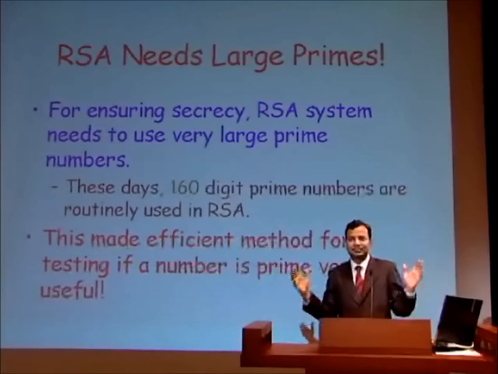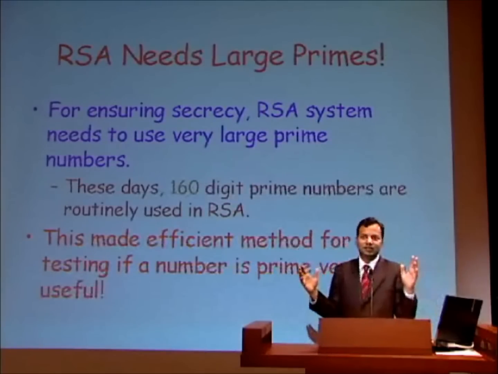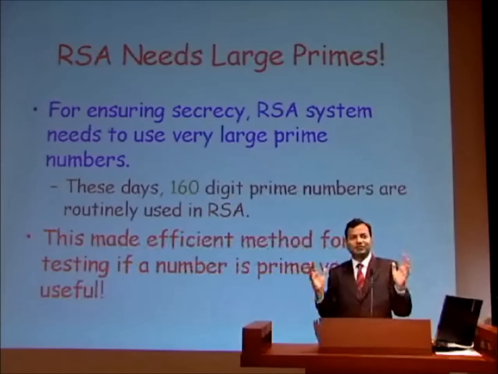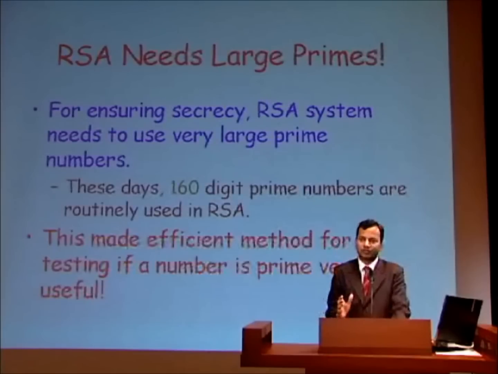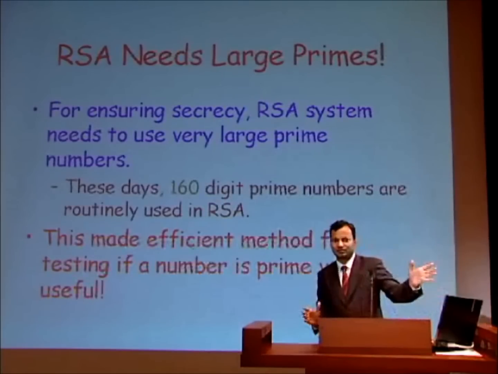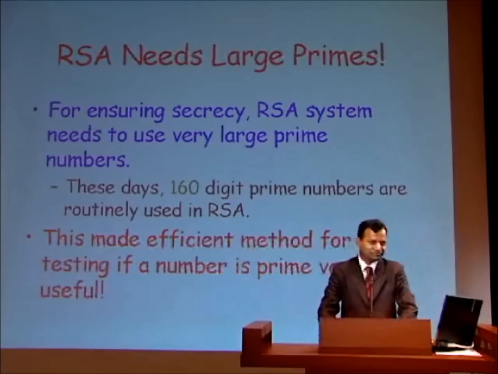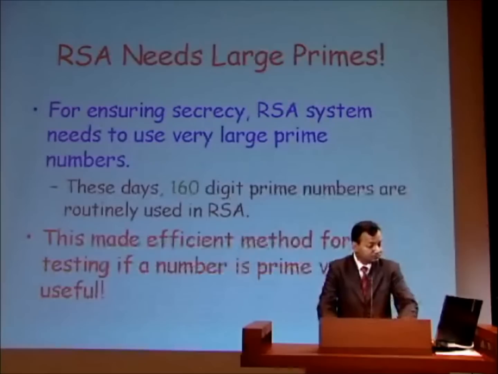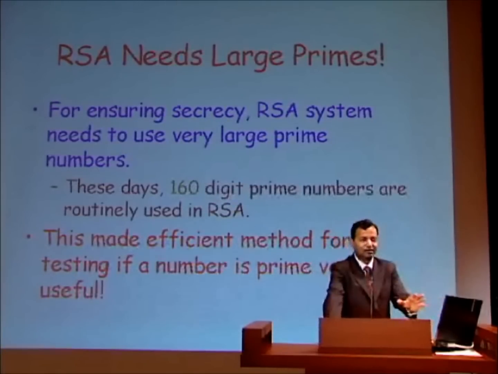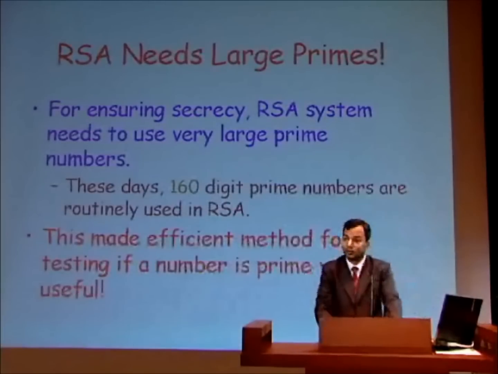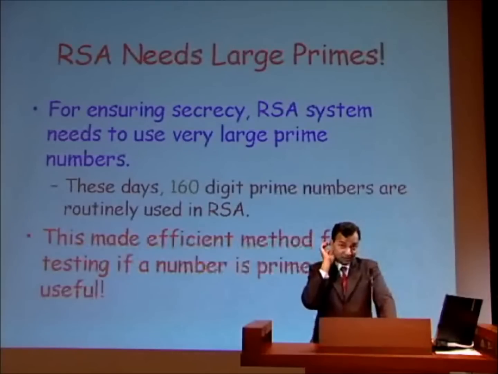Now, for a 160-digit number, which is of the order of 10 raised to 160, to test if it is prime, we need to know a really fast method, otherwise it will take forever. If we run the sieve of Eratosthenes, for example, over here, then it will take forever. It will never halt. So, an efficient method became practically important with the introduction of public key crypto systems. And that increased the interest.